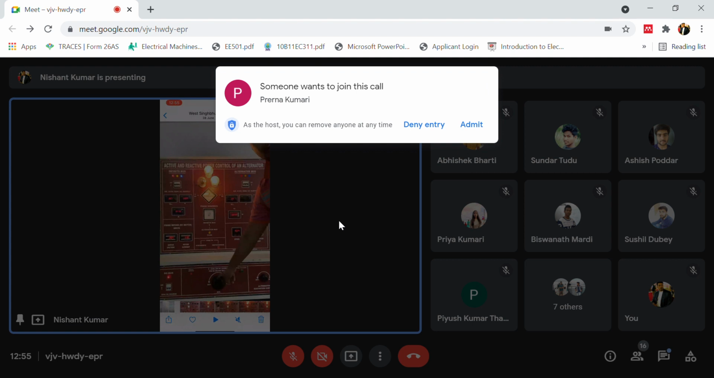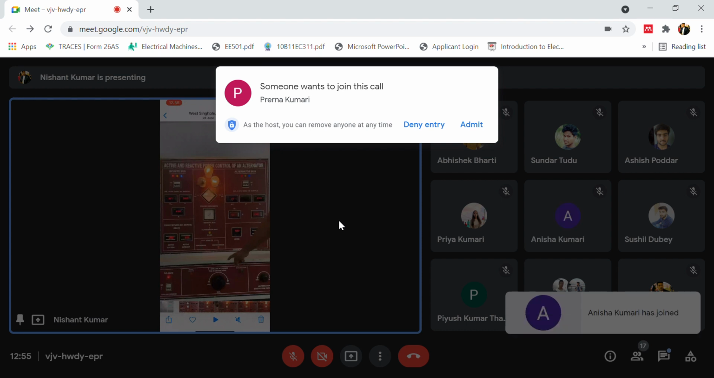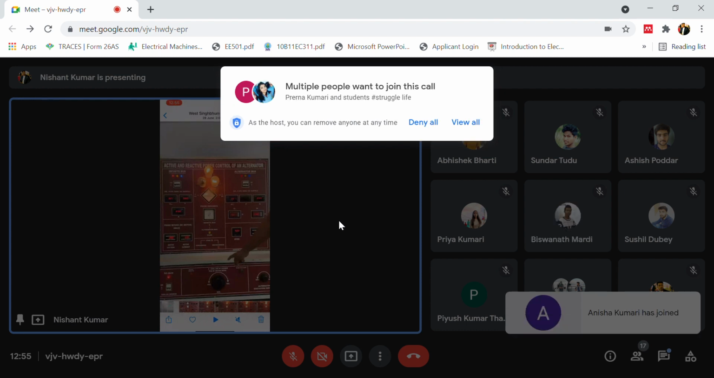Okay, so after making this prime mover run at the rated speed of 1500 RPM, now our second main purpose is to